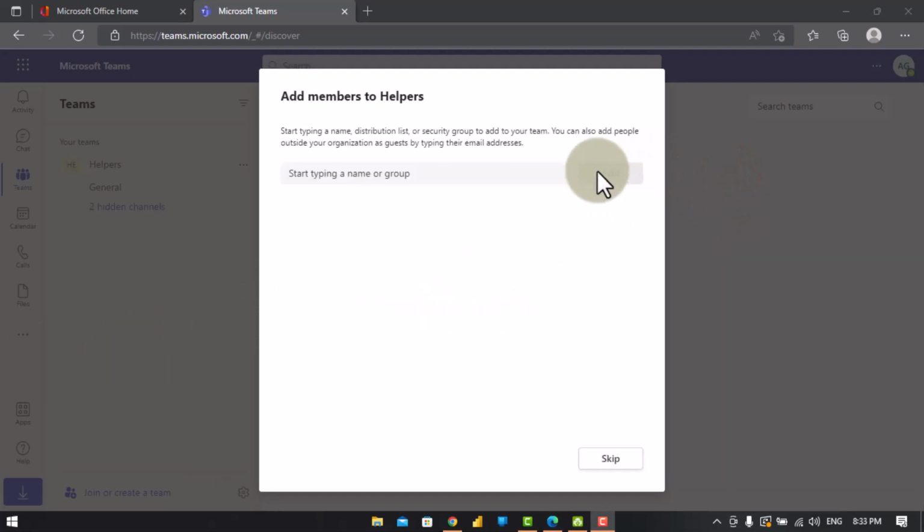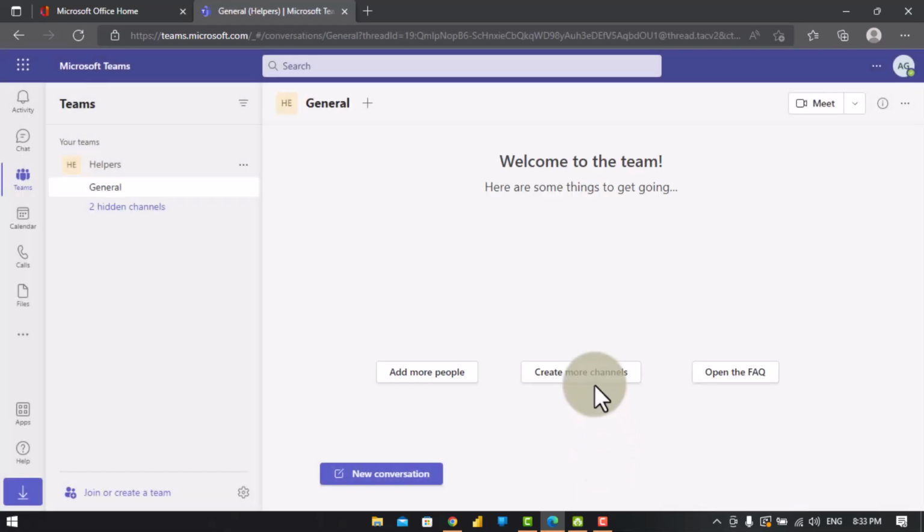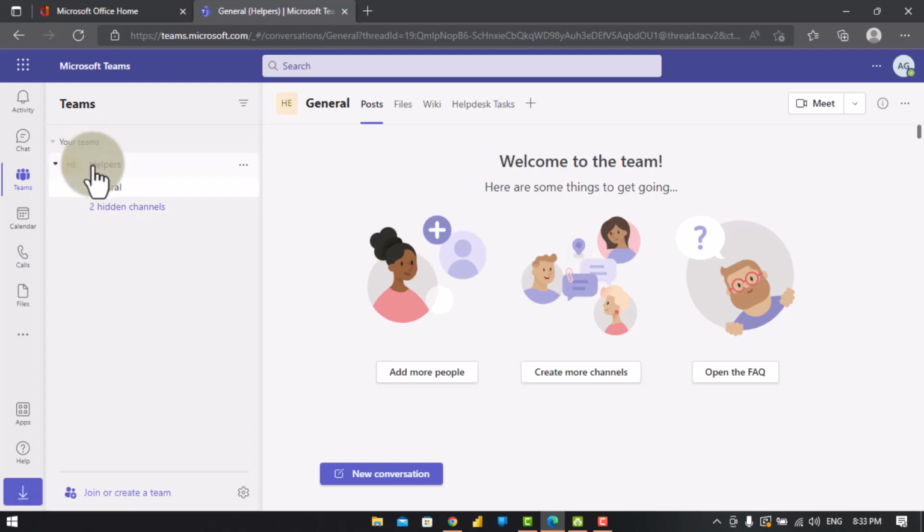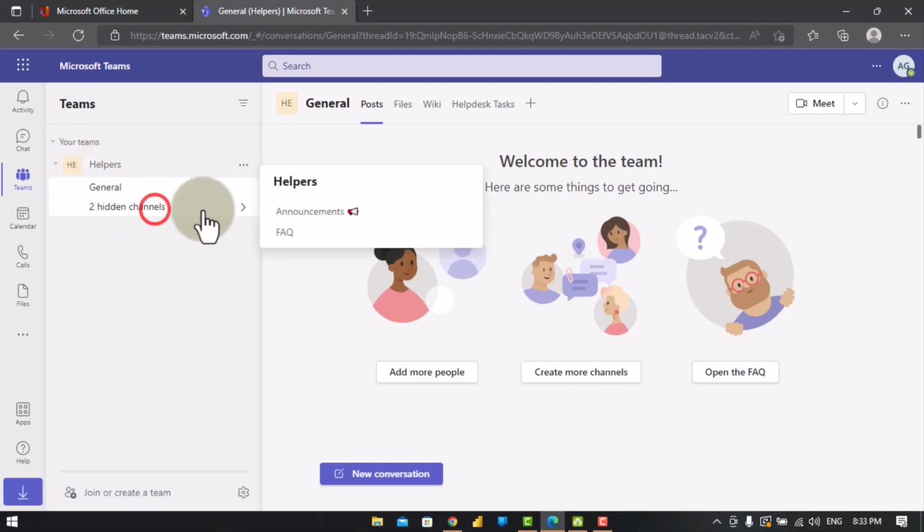After a while it has successfully created my team and it's currently asking for members. For now I just want to skip, and voila, you are here. You have your Help team, you have the hidden channels, which are the announcements and the FAQ, and now you have the general channel. And this is the basic intro to how you can create your own team